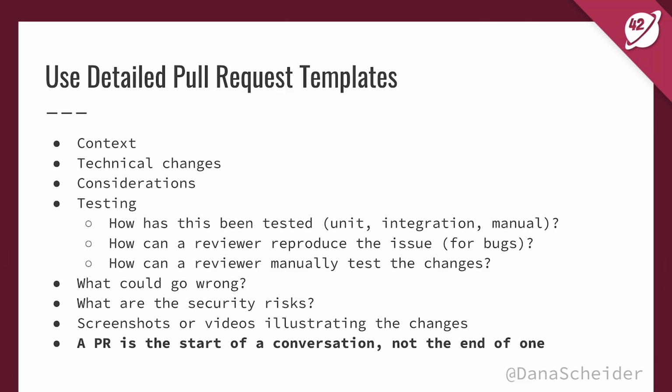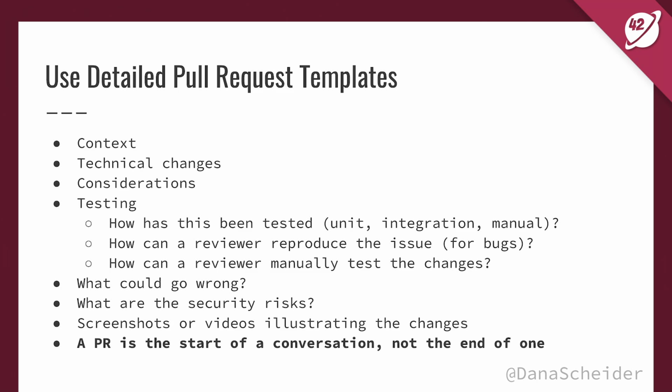I recommend using detailed pull request templates to make sure that pull requests include the amount of information that they need and the type of information that they need in an organized fashion. I've encountered some disagreement with this from certain people, but I stand by it. I think that having a pull request template ensures that people include the appropriate information with each pull request that the others around them need to understand the changes they made and review their code effectively.